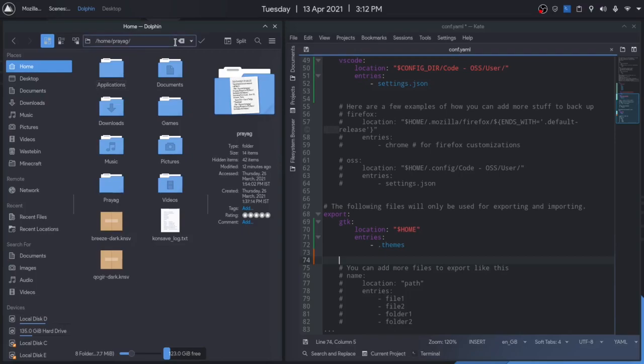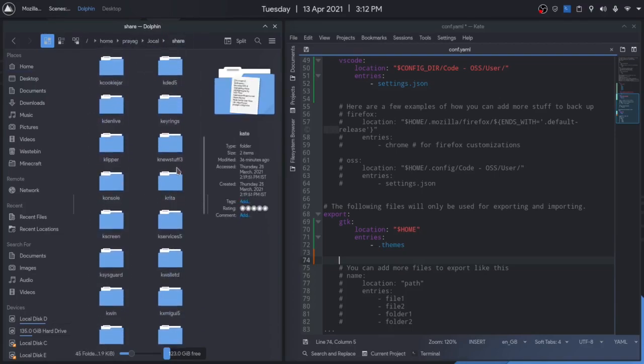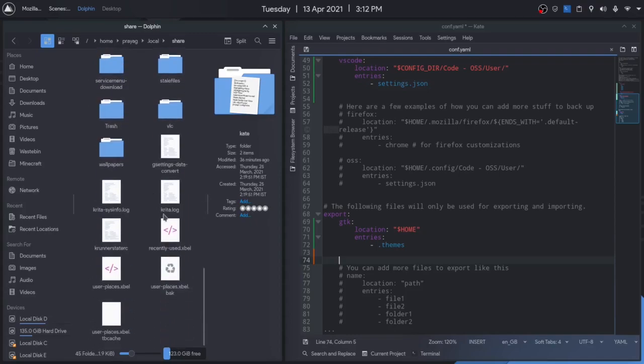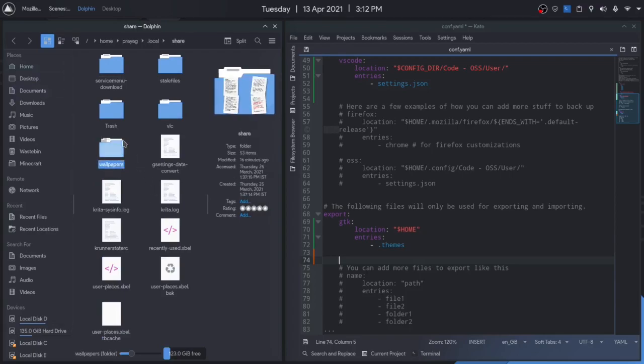So let me also add another file. If I go to .local/share, there are a lot of files here. Let's say that I save my wallpapers, this Kogel dark wallpaper. So what I can do is, let's say, name it wallpaper. You can name it whatever you want. Then I'll enter the location. The location is home/.local/share, and then for the entries I'll add